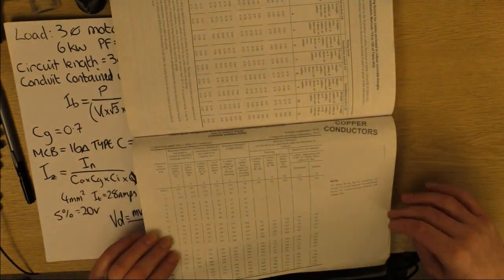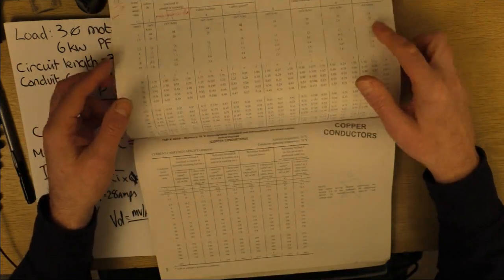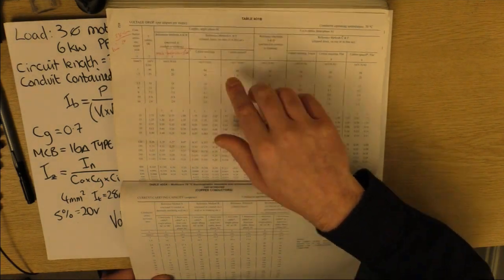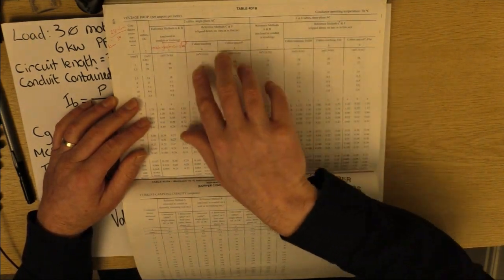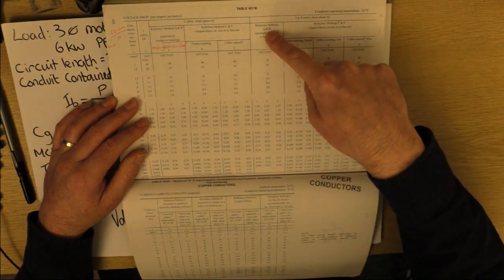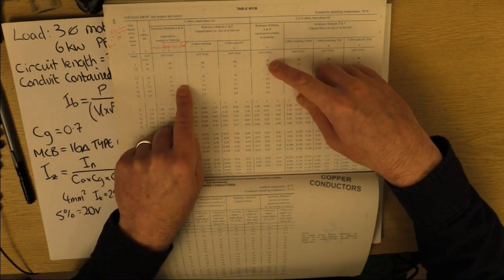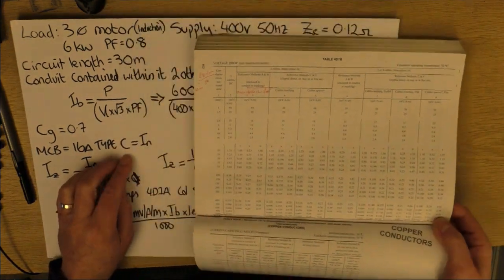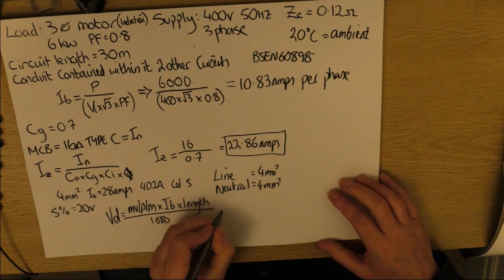So the table we were just on was 4D1A. If you just turn over the page, it goes from current carrying capacity into volt drop. Now, it's arranged slightly differently, so be careful. We're over here now because we're 3 phase. Reference method B, and we were 4 mil. So just bring your fingers together, and we get a value of 9.5. So we put that in our little equation,